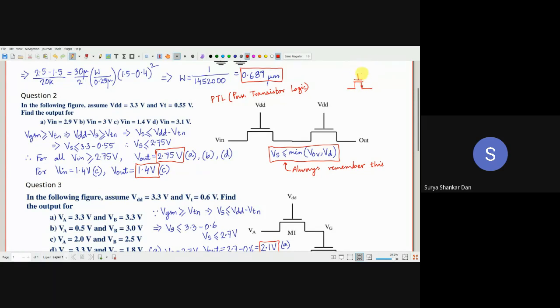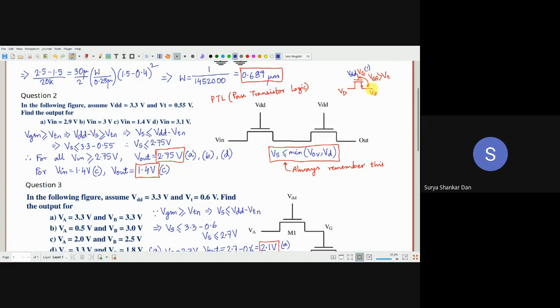Okay. So if you are having, let us say, VG, VD, and VS. Now, VGS has to be always greater than VT. Correct. VGS has to be greater than VT. So if VG, suppose you are giving a logic 1, you have to pass a logic 1. So this is, let us say, VDD. I'll put another color here. So here you have put VDD. That means VG is logic 1.